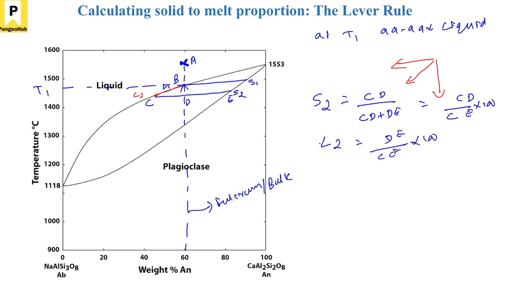So you see, although both are becoming albitic, this solid, which was more anorthitic, the amount is increasing. So overall the system is remaining the same, but the proportion of solid is increasing and the proportion of melt is decreasing, and as a result both are moving towards albite. So this is what is exactly happening. Okay, so I think this is fine.